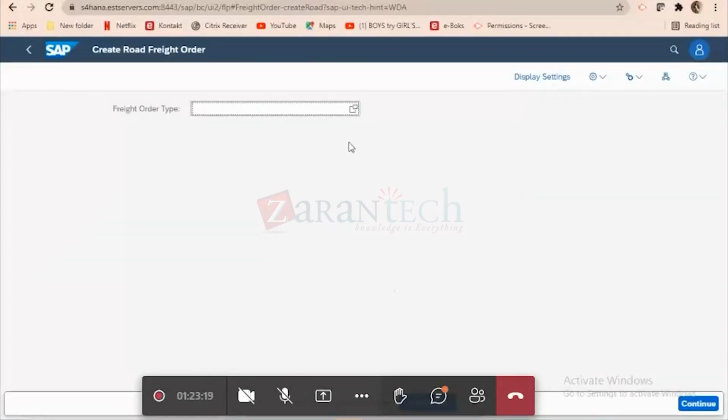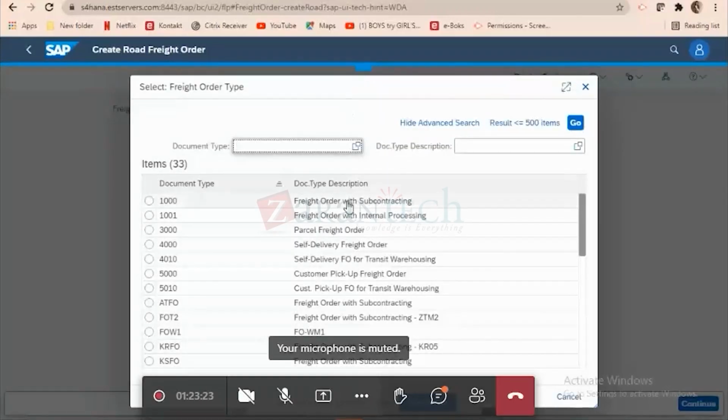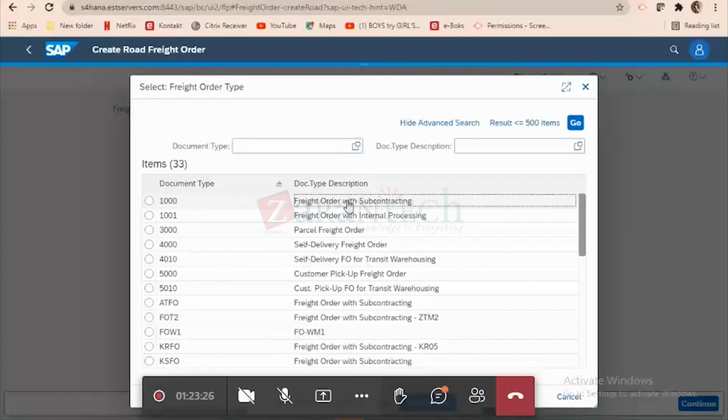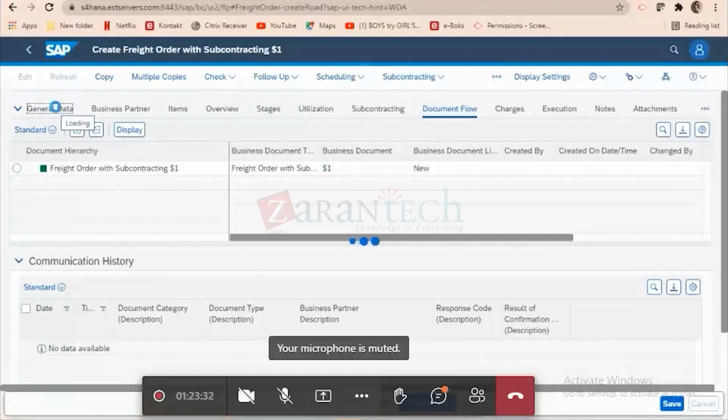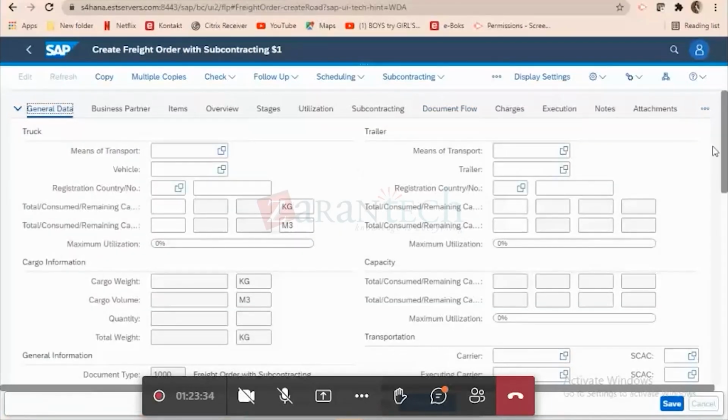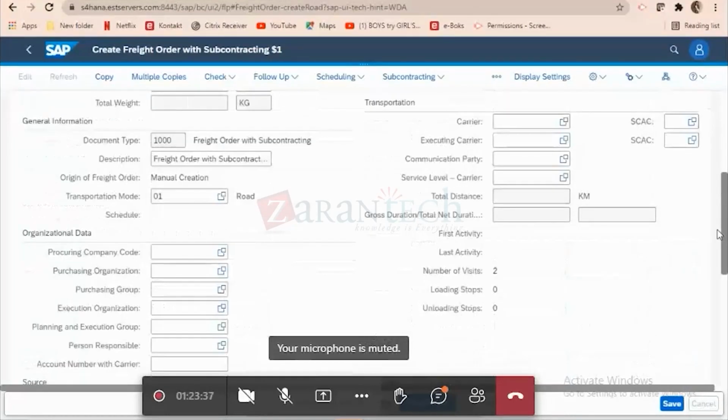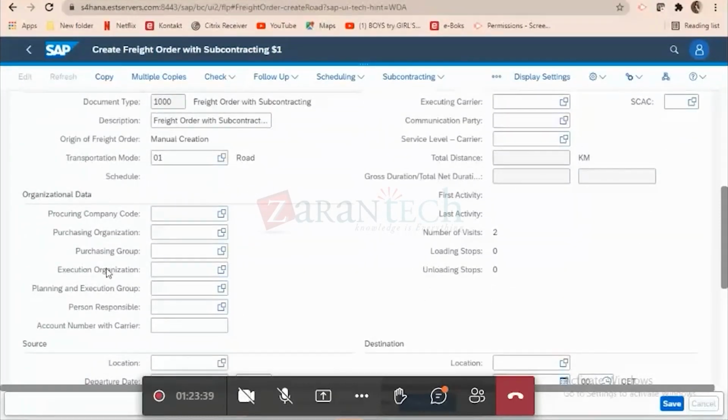So I enter my freight order type. Freight order type is your document type, like your shipment document type. And if you go into the general data tab, you see there is a section within a freight order where you need to enter the organizational data. You can have this organizational data pre-filled based on the configuration. I will not go into details right now, but if you want to see whether whatever you created is correct or not,